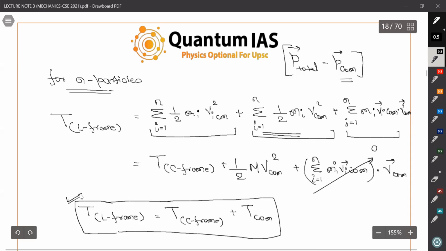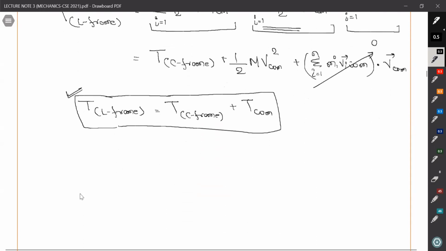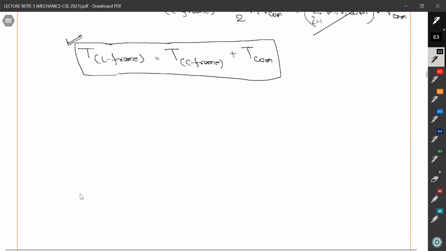for the kinetic energy. So we have seen the transformation of physical quantities from the laboratory frame to the C frame. This is not over yet. We have to see many applications, many illustrations and examples based on these. Also, this is more useful in the collision that we will see in the next lecture. So it is a very basic introduction about the conversion, how we will convert these things.